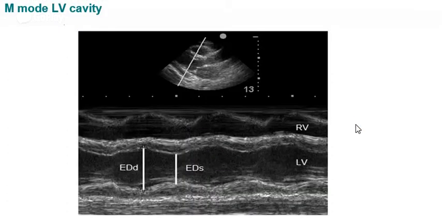So what are the other methods to know the ejection fraction? It is basically the end diastolic diameter of the left ventricle in the M mode or the end systolic diameter of the left ventricle in the M mode. So you can see in the diastole, by the golden rule, I have discussed the golden rule in my first videos, and here by the law of the golden rule it should be around 5 to 6 centimeter, and the end systolic diameter should be around 3 to 4 centimeters. So if there is a reduction in the end diastolic diameter or the end systolic diameter, we can easily say that the ejection fraction is reduced. So this is another method of estimating the ejection fraction.